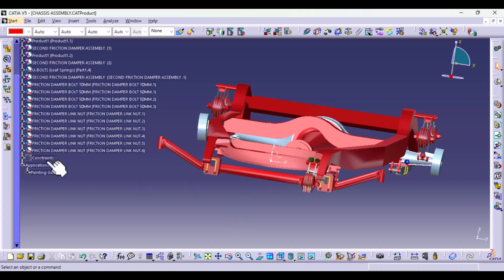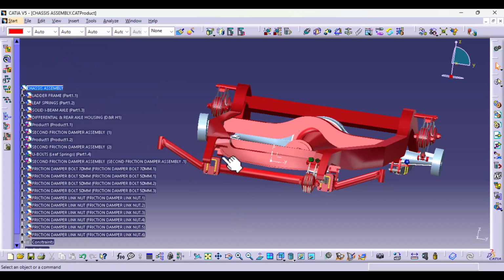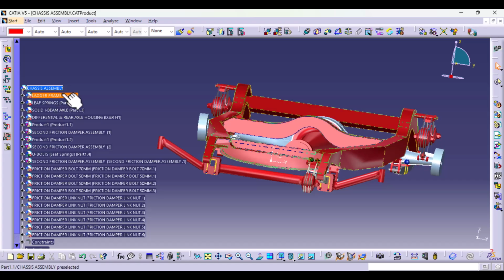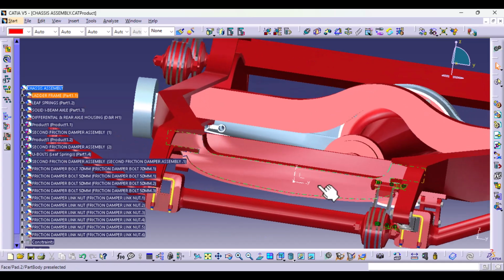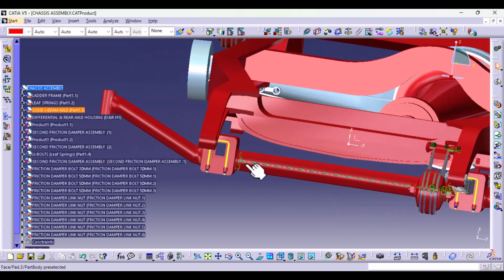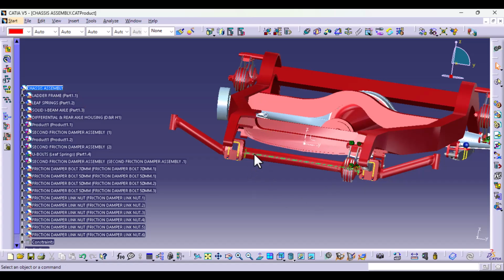So for the front section, what you'll do is to just mirror the attachments here and add another assembly. I will not show you how to add the assembly, you already know. So go to ladder frame, select pad 9 and 10 and mirror them on this side. Then you go to the solid I-beam, then you select those two pads again, mirror them to this side, insert the second friction damper here, assemble it as we have done, then assemble the boards on this section, and you will have